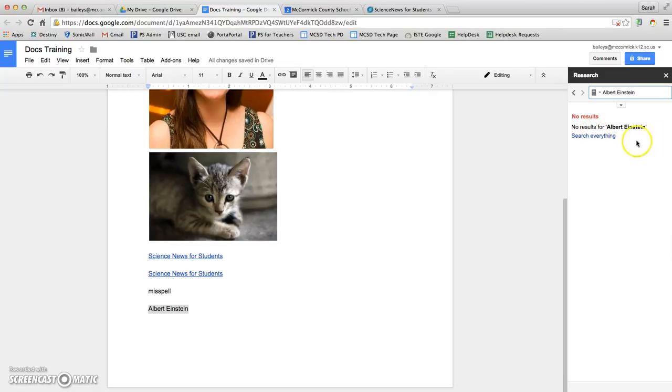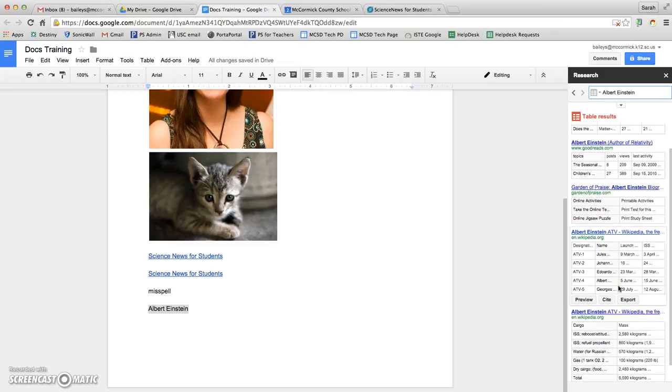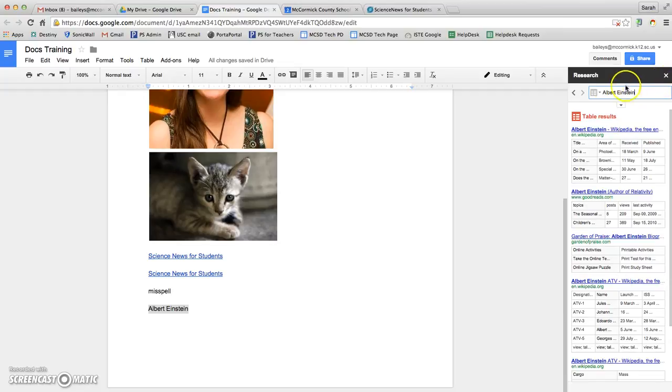It's not going to pull anything up because it's a name, not a thing. But if I had highlighted something else, I could define it right here. And I can also do tables. So if I'm looking for tables that have, for example, this one right here has different scientists. So you can do some of your research directly from